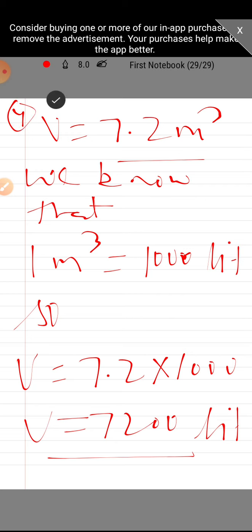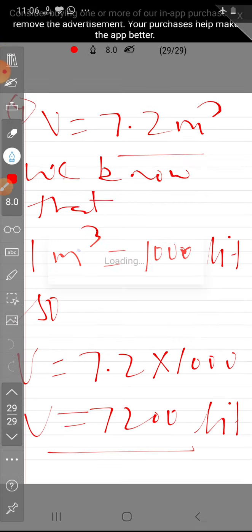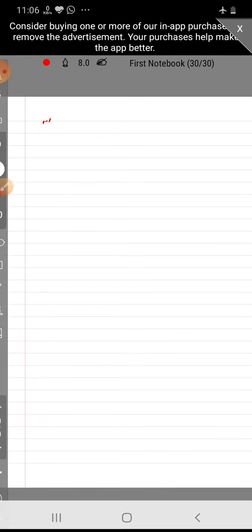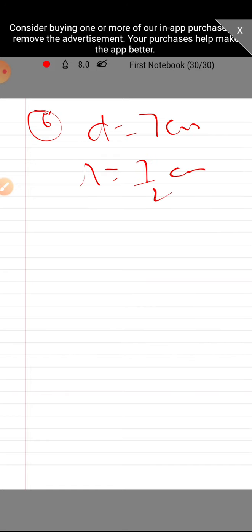5 I have discussed earlier. So now since this question is over, so we move to question number 6 since 5 was discussed previously. So in question number 6 you have a spherical tennis ball of diameter. Again diameter is given, so diameter is 7 centimeter, which means radius is equals to 7 by 2 centimeter. You have to calculate its volume. Since ball is spherical in nature, so the volume is given by 4 by 3 pi r cube.